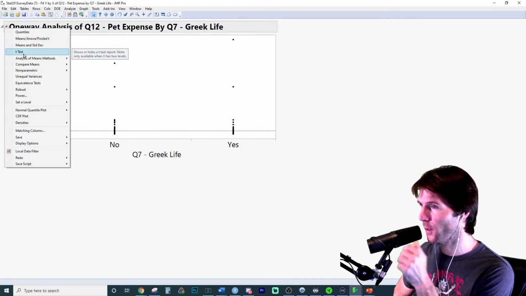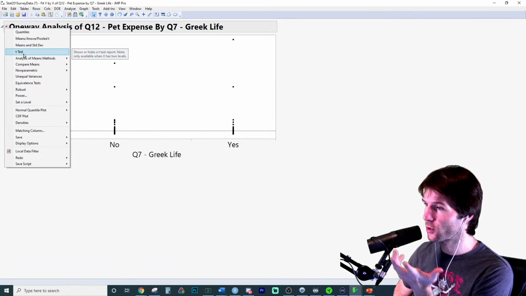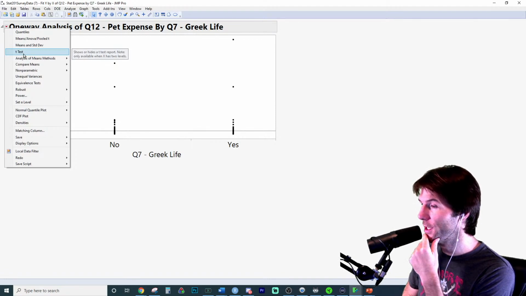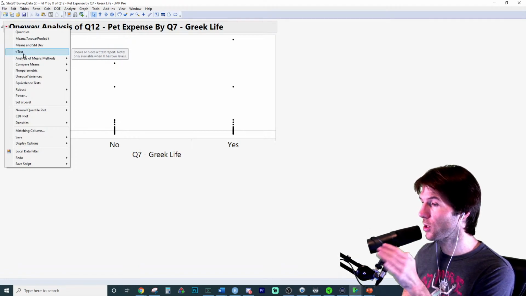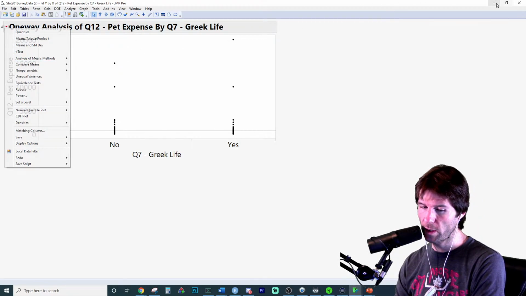Lewis, let me know if you followed the steps to compare 2 groups, like a yes group or a no group or a freshman. Are you on the Discord to send me a screenshot of what you got? Are you under the Fit Y by X platform? If you're under Distribution, there won't be a t-test. You have to be doing a Fit Y by X. So I'll go through the steps again to get to this point.